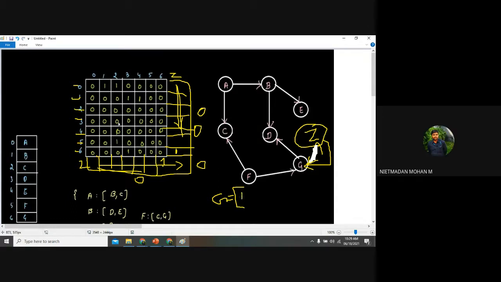DZ. Z will not be there because Z is an incoming node for this G. Am I right? Yes, sir. So the G will remain the same as the outgoing node, that is D, and Z will be like this. Z will be the G. Are you getting this? If suppose I am giving this node as outgoing from node G, then here it will be D comma G and Z will become empty.